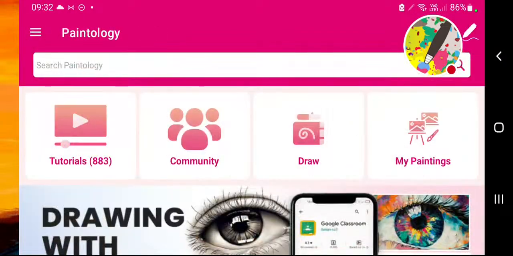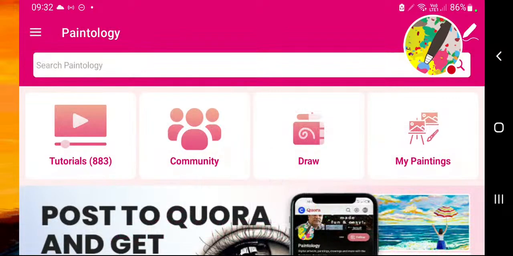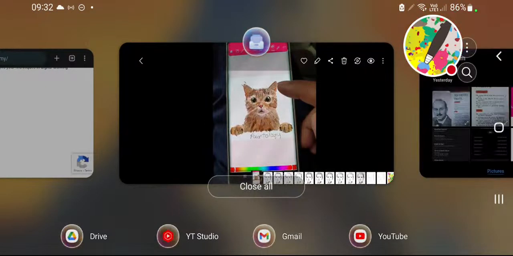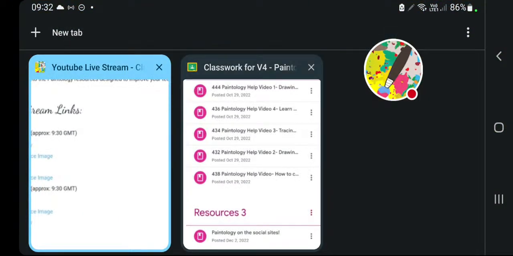So let's go ahead and go to draw. And by the way, I want to show you on the home page, you have these tutorials. There's a great number of tutorials, over 600, for you to try out and learn drawing and work at your own pace. But more importantly, if you're serious about improving art techniques and learning art the fast way, in my opinion, you should also go to